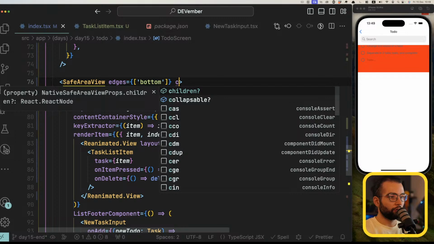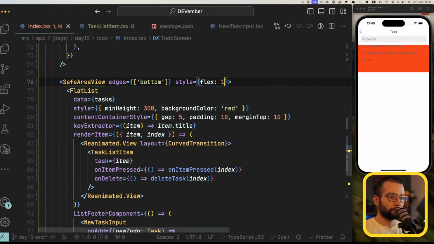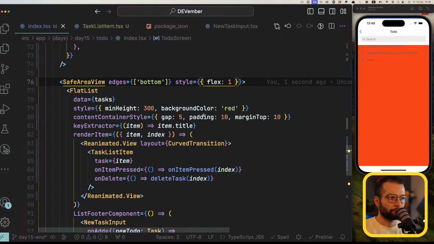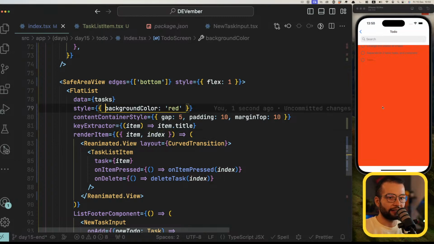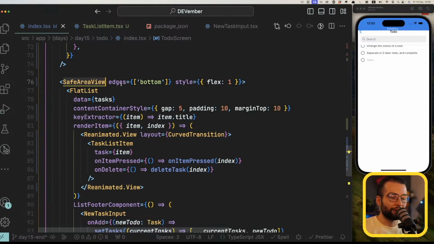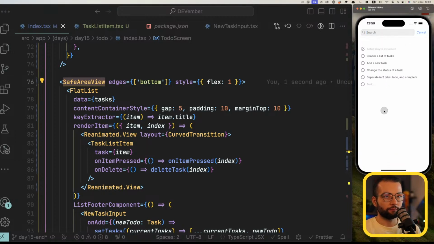Safe area view style. Okay. Now the flat list doesn't need this one. Yeah, okay. So the solution was for the safe area to have a flex 1, so that the safe area takes the full screen here. Yeah, perfect. Now